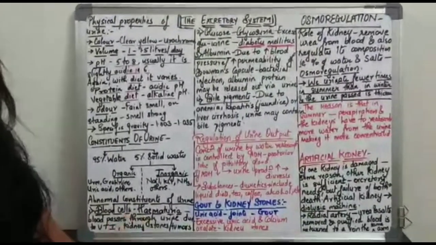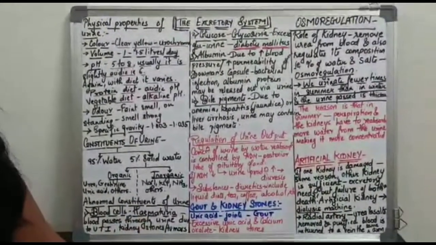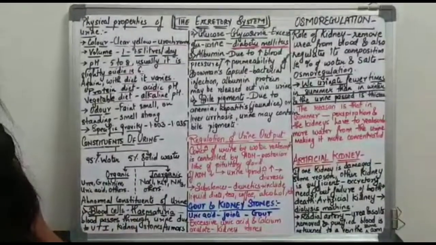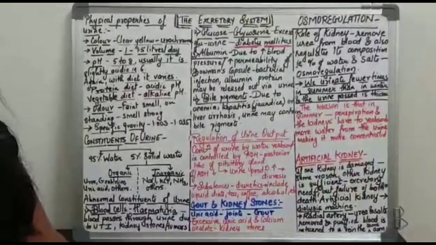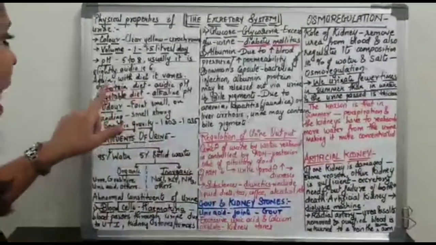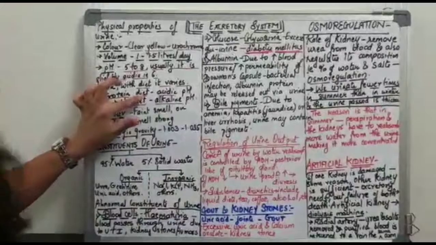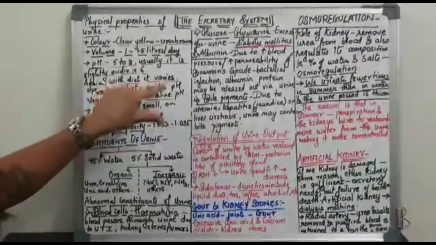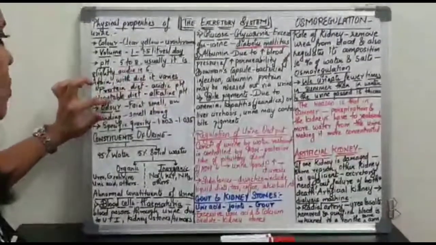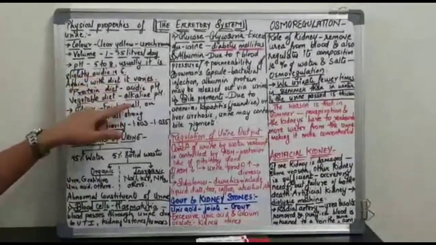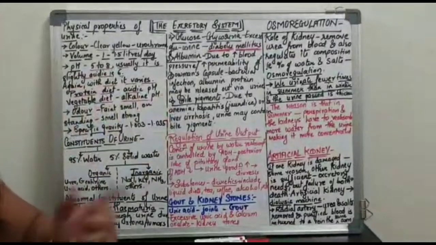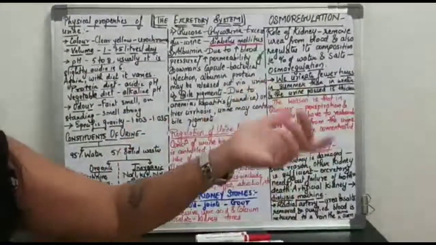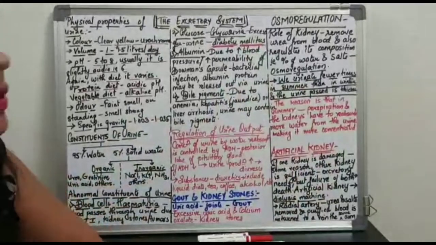That means if a person is on a heavy protein diet, now generally chicken is a high protein diet meal. Okay, so that protein diet meal will show an acidic pH of the urine, and a vegetable diet meal will show an alkaline pH of the urine. And how to test the pH? There are pH strips through which we can test the pH of the urine.